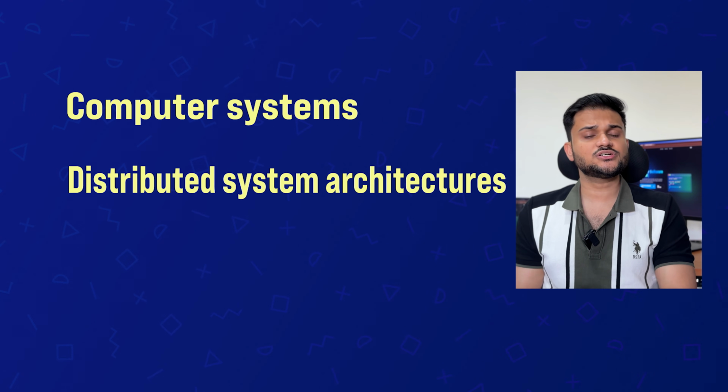We're going to start with absolute beginner level backend development, but step by step and in a faster way, we are going to migrate towards AI tools, which are going to help us in making the backend development process much easier. But of course, because of this, we are going to increase a lot of complexity in the projects that we are going to build. We are going to build some real world projects which require you to have a deep understanding of computer systems, distributed system architectures, system design, and also writing very clean and maintainable code using a lot of low level design principles. So that is going to be the main agenda altogether.